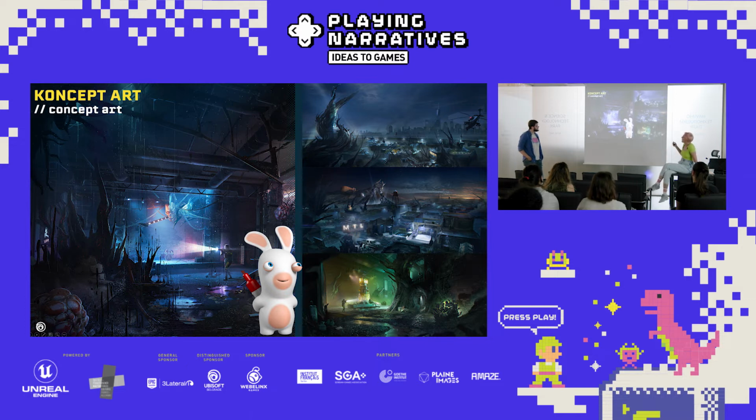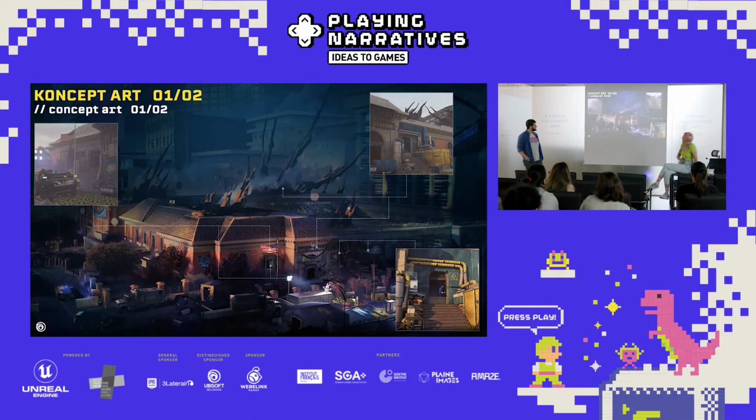And you have these tiny spots of light that will guide your attention towards where the level designer wants you to go. So when we get concept art, we have to get the basic gist of it, but we don't have to follow it exactly to every last little point.